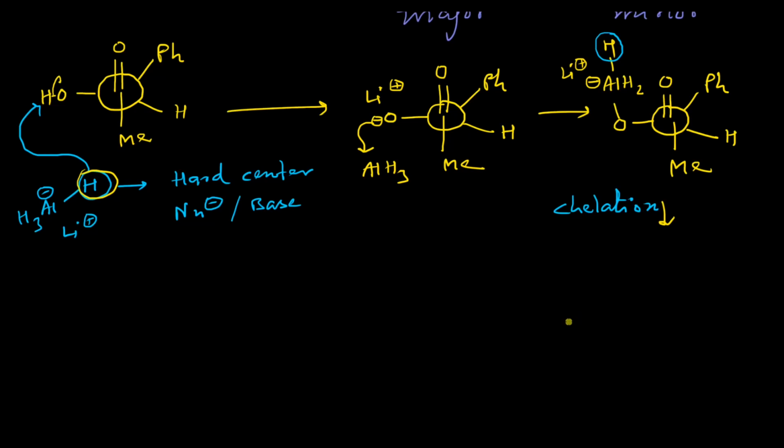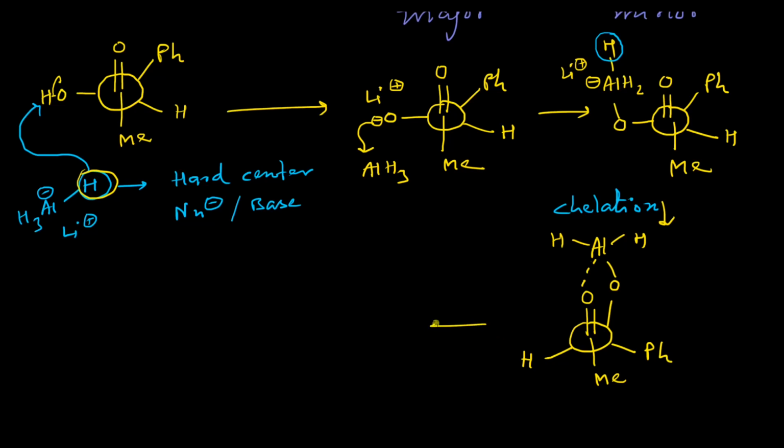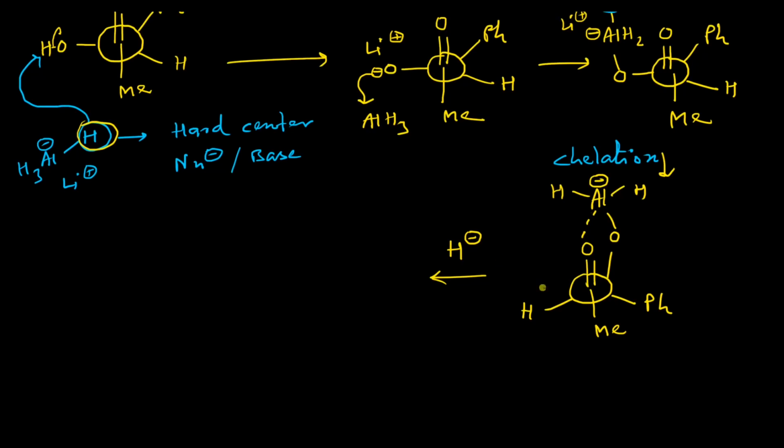So in the next step, a chelate complex will be obtained, and the corresponding Newman projection formula for that chelate complex will look like this. So this will be the chelate complex. So here the aluminium will be negatively charged, and in the next step the actual hydride will attack as a nucleophile to the carbonyl center. Now there are also two choices. Either this hydride will attack from this side or from this side.